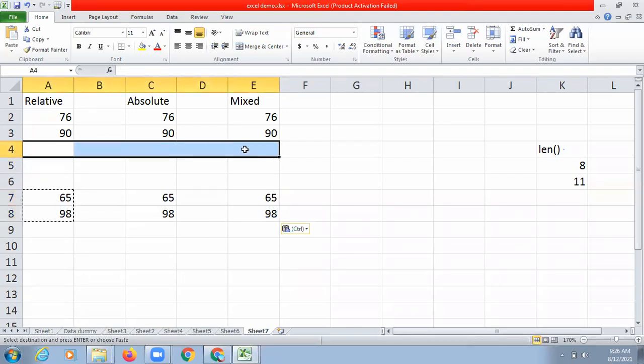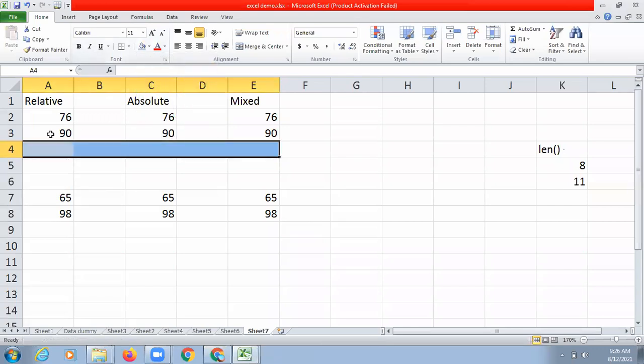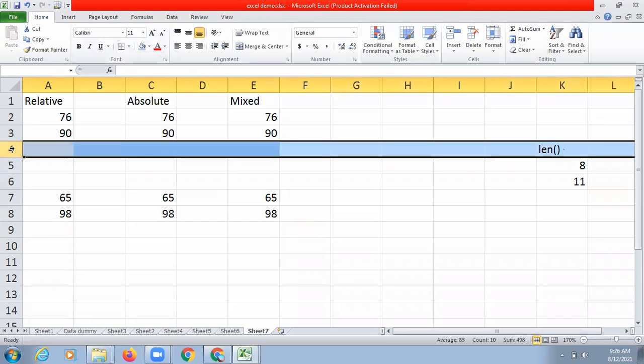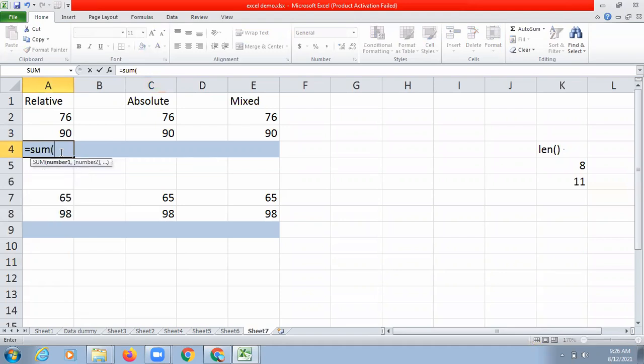Now we will be calculating the sum of these numbers in this column, in this row, and here also. So let's write the formula first. Equals to sum bracket start, range, bracket close, enter. So this is the total or the sum of these 2 numbers, right?